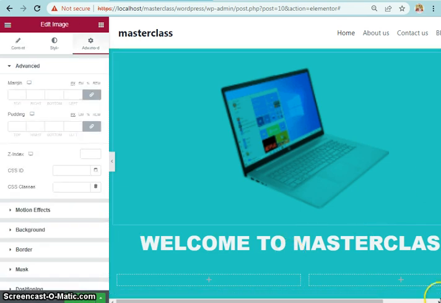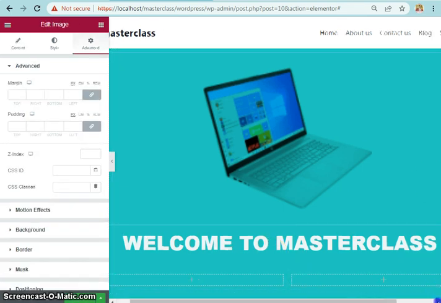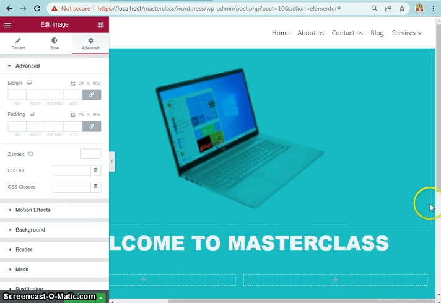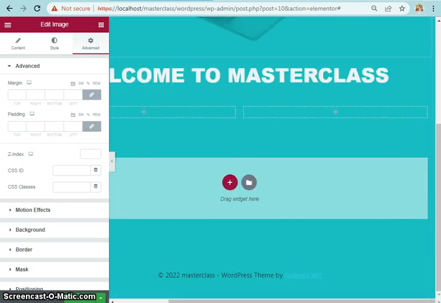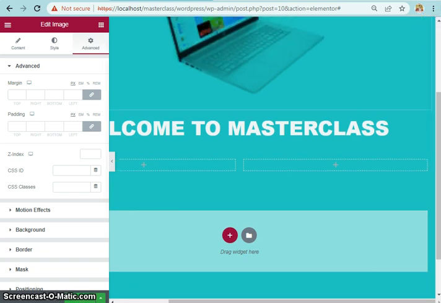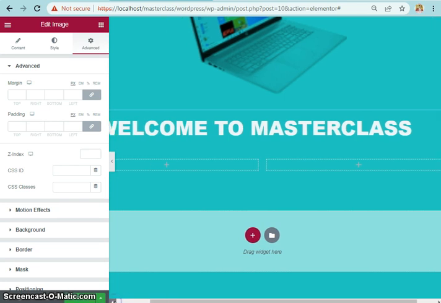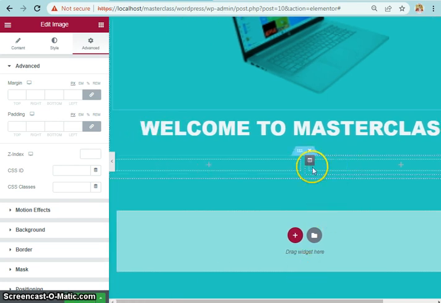Wait, let me make it see this very well. Alright, so this is this. So when you drag in an inner section, what you need to do is, or let me just delete this inner section